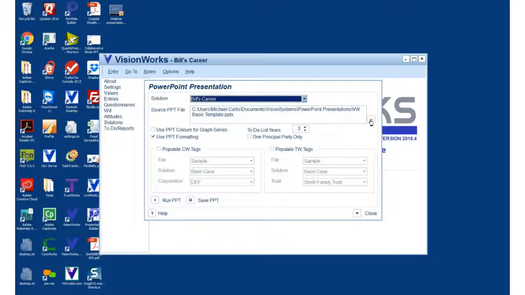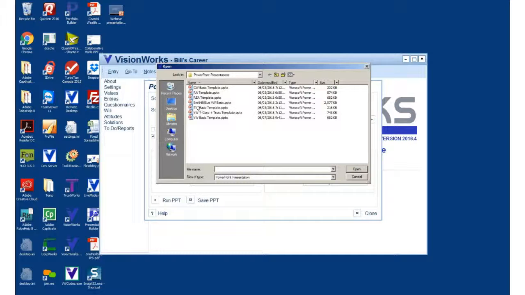And then what you do is you select the PowerPoint presentation that you want to run. So you can see here, for instance, there's a basic VisionWorks template. There's one that includes corporations and trusts. So if you, for instance, are working with a client who has a corporation but not a trust, you could either hide the trust templates or simply copy this, delete the trust templates, and then just create your own VisionWorks plus CorpWorks